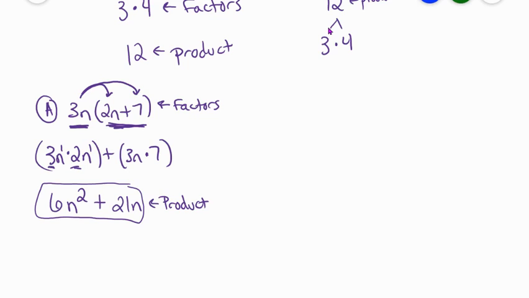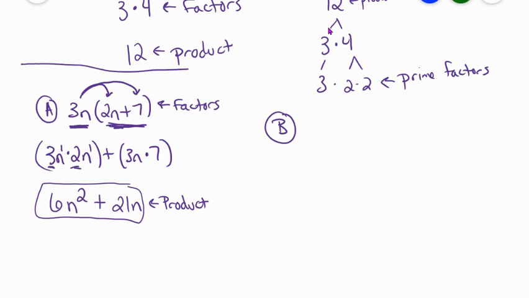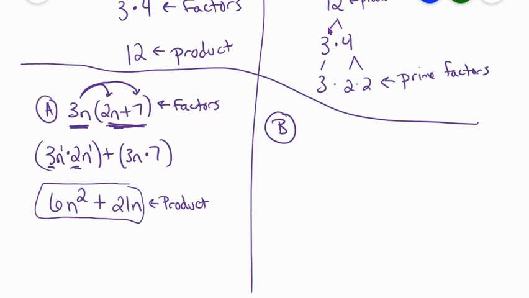So the 3 and the 4 are factors of 12. But the 4 can be factored again into 2 times 2, but the 3 cannot. So the prime factors of 12 are 3 times 2 times 2. So that's factored completely. Now looking at example B in your notes, when you're asked to factor a product,